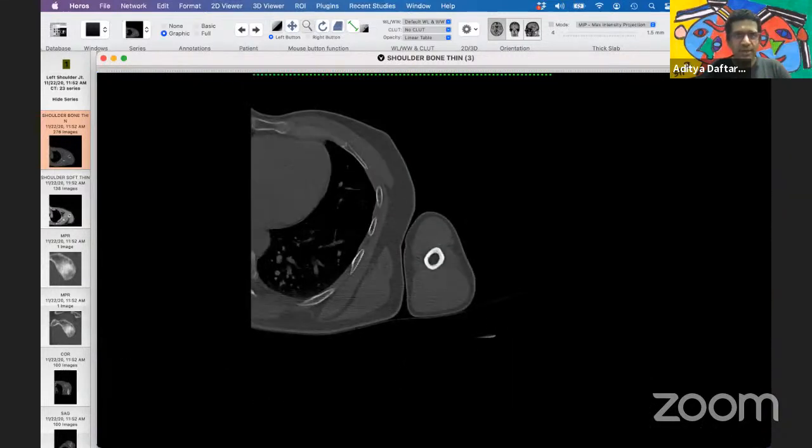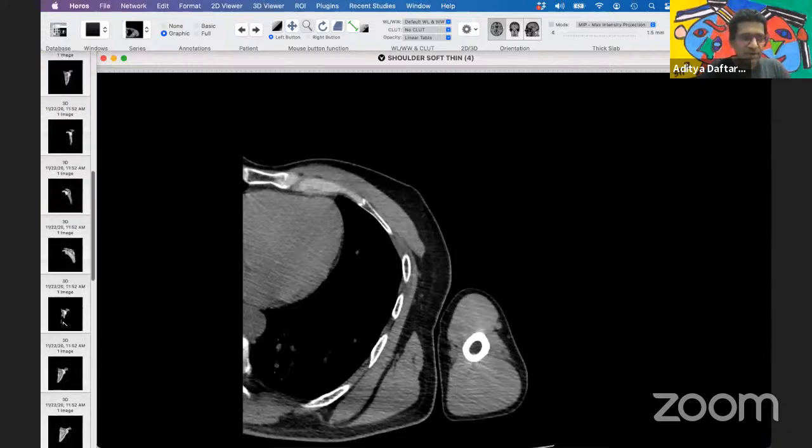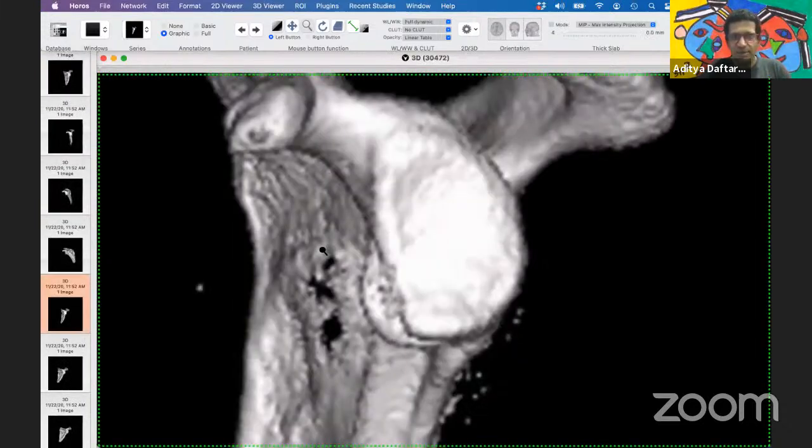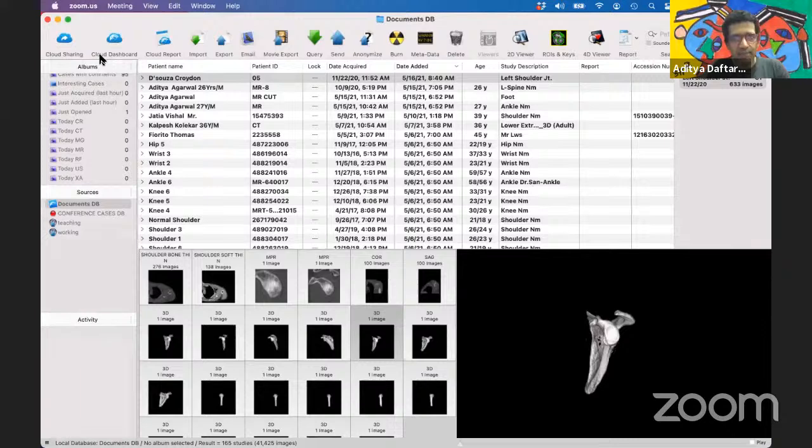If you wanted to look at this, my 3D crashes unfortunately on this machine. But on the 3D image also, what happens is when they give you these 3D images in a post-reconstructed format, you get pixels. But if you do it on the system in DICOM data, you can actually get the actual centimeter values. So that's possible. It's just a question of which system you're doing it on.